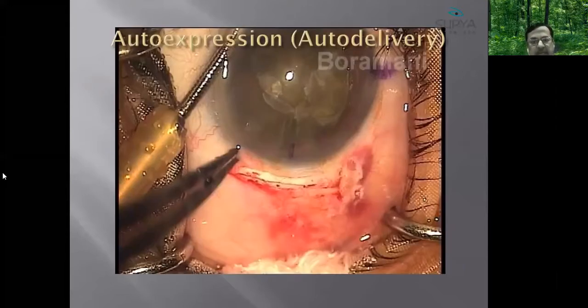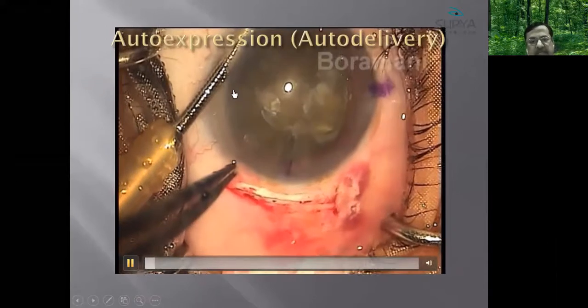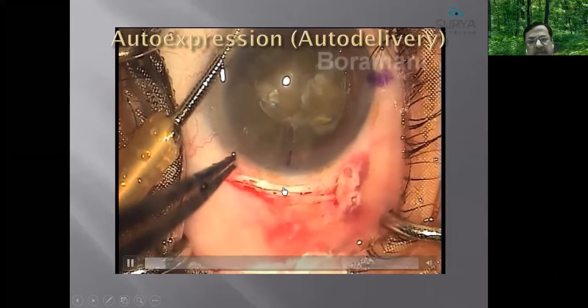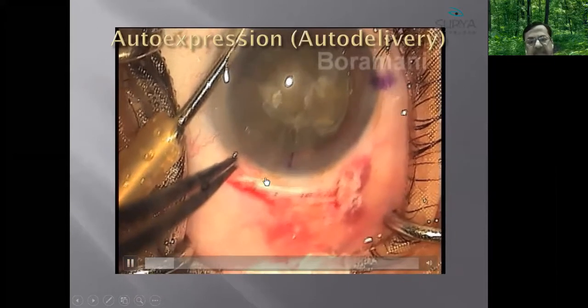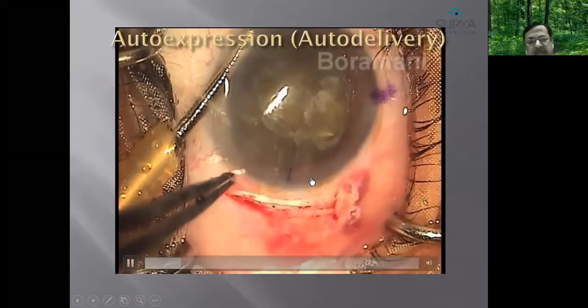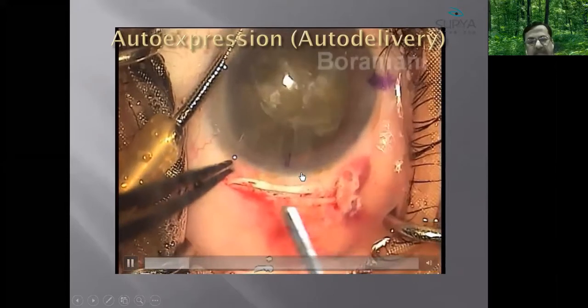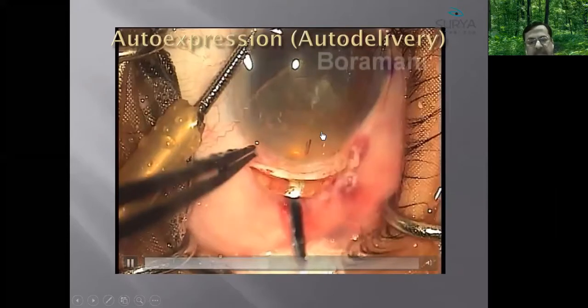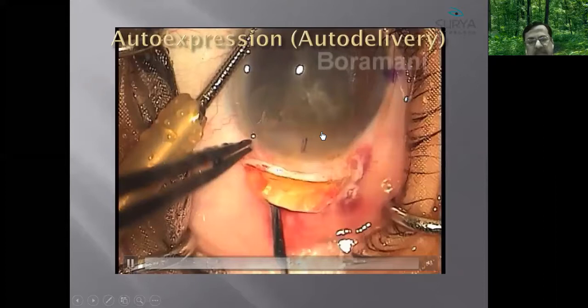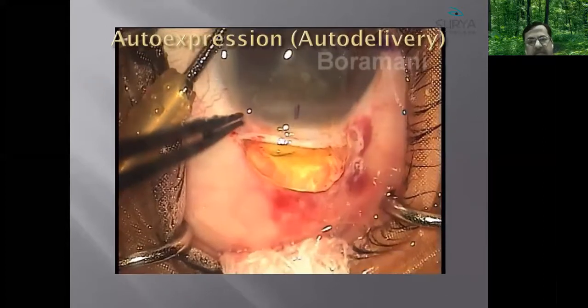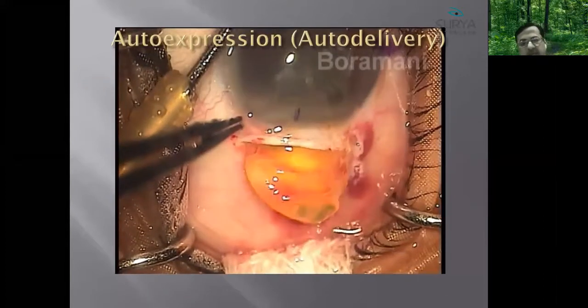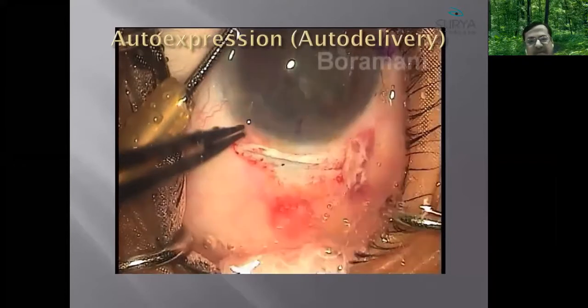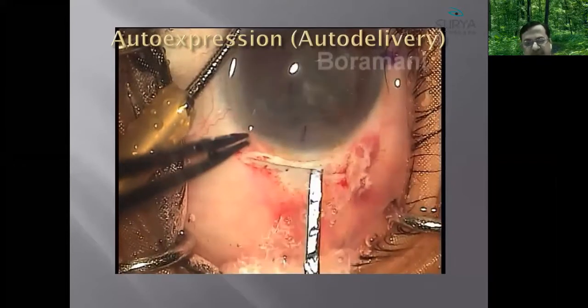Now, before going to the endo expression of the nucleus, many times you see, if you use the anterior chamber maintainer, this is a straight incision because this patient must be having some astigmatism, and this is a temporal incision. I have passed the repositor and trapped the nucleus. Many times you feel that you should just leave all the instruments, and the nucleus automatically gets delivered. So I call this auto expression or auto delivery of the nucleus.